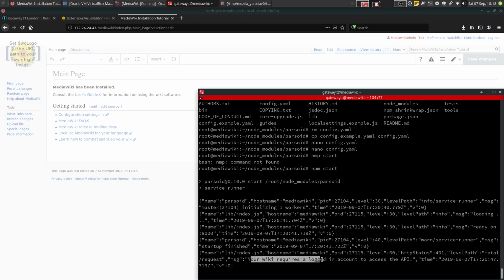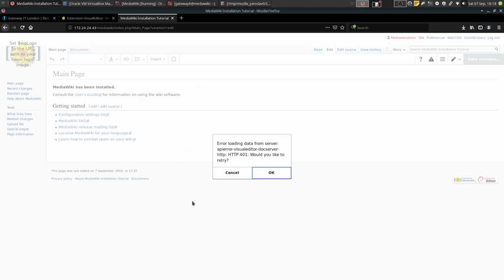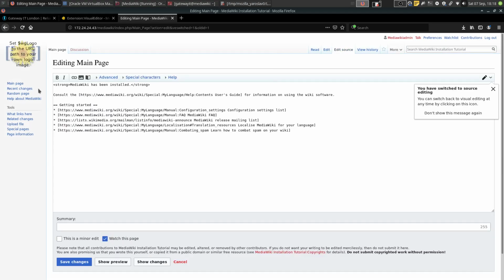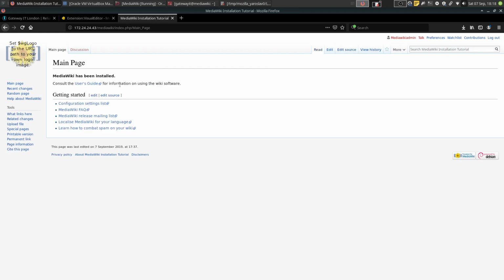Your wiki requires a logged in account to access API. So what happened is parsoid doesn't have access to our wiki pages because it's private. If it was public, we wouldn't have this problem, but because our wiki is private, we need to tweak some settings inside